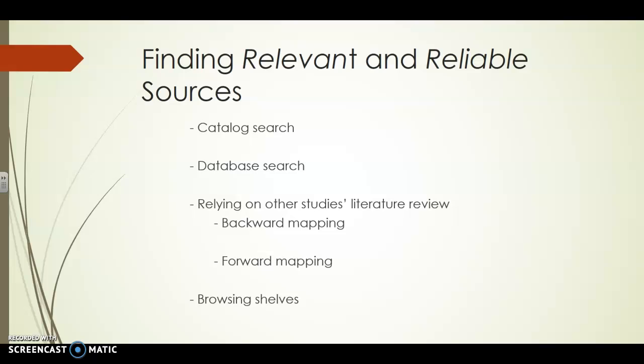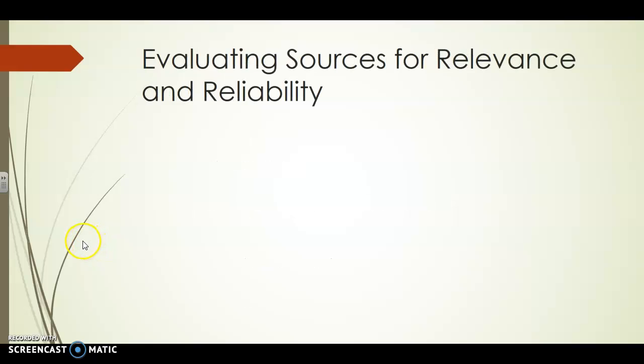Once you have academic sources, books and articles, identified, what you have to do is find a way to evaluate them in terms of their relevancy and reliability. Not every source that you will come across will be equally relevant, nor will it be reliable. So you just have to be selective in finding the most relevant and most reliable sources and